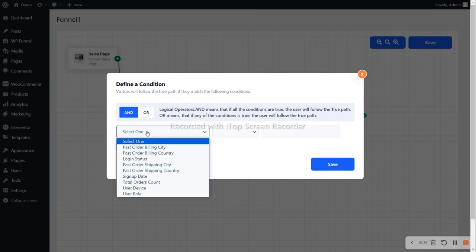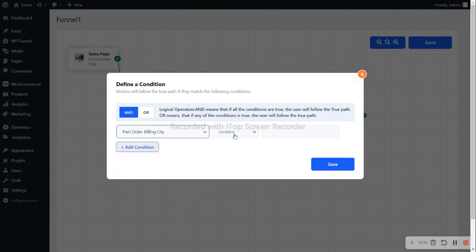So let's start adding the condition. The very first is the past order billing city. So you can add the city name, like suppose you want the person who belongs to New York City, that is in the billing part, if the city hits the New York option, then the user will go to the upsell.